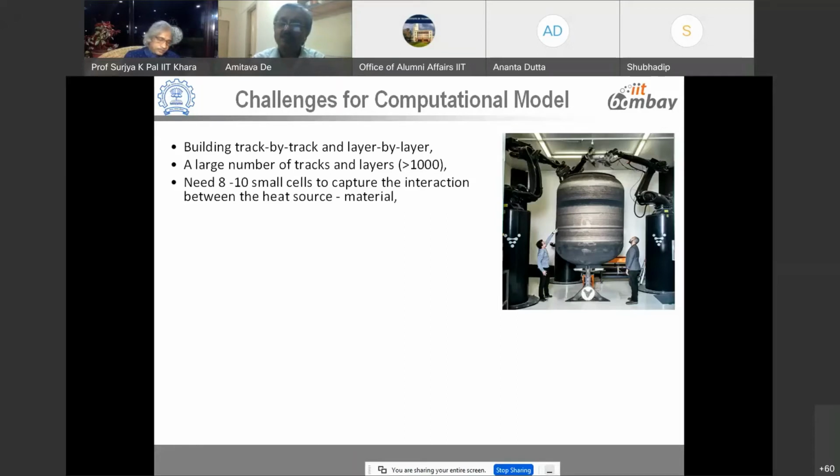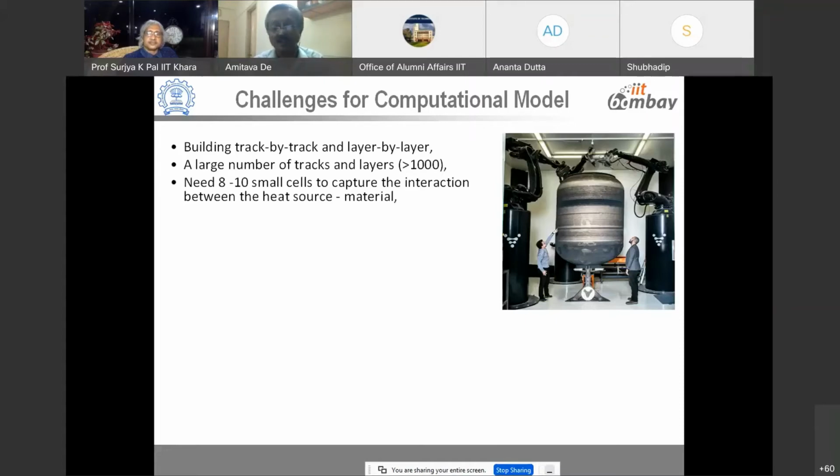I mean, think of this particular tank which is being built by the wire arc additive manufacturing process, and you can imagine how many layers there would be, looking at the size. And every layer means every pass of welding we are talking of. We never simulated 20,000 passes of welding. We always simulated hardly 5 or 10 passes of welding. That's all. But this is what is being demanded now. That's the difference.